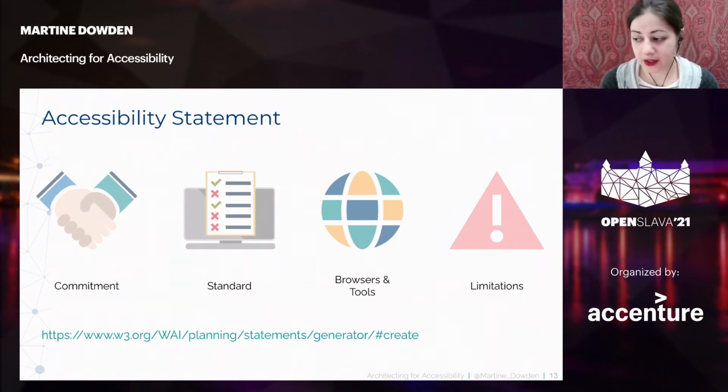There's a link here at the bottom from w3.org that is a generator that helps you create that accessibility statement. You basically plug in a little bit of information and it spits out a statement, so it can give you a start on how to write it. I have found it in English. I have not found a way to do it in other languages, but it may be that my browser is set to English, so maybe it is capable of producing in another language if you're coming at it from a browser set in a different language. I'm not sure, but there is a generator out there that can help you get started with that statement.